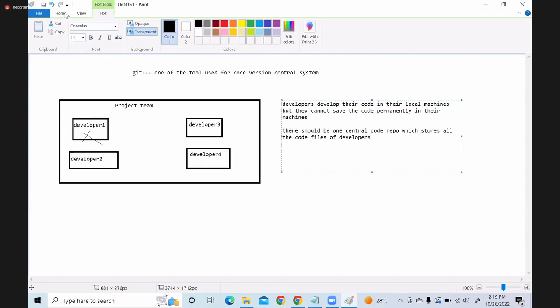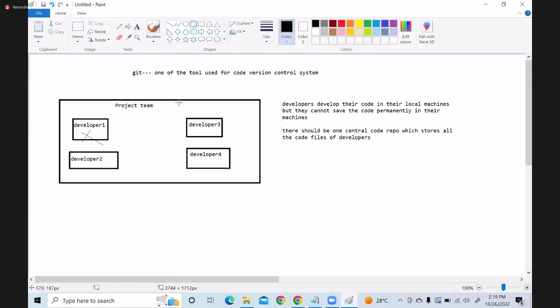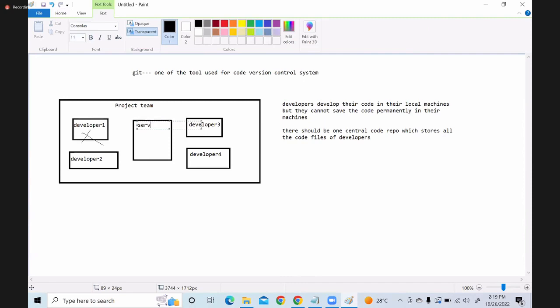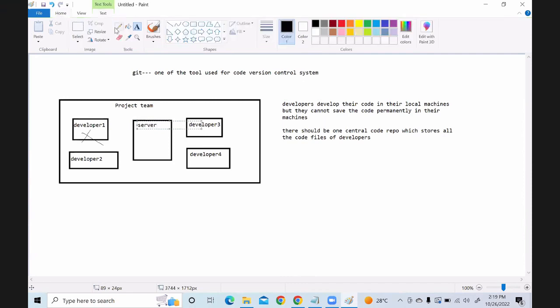That means there should be a kind of server where developer 1, developer 2, all of them can push their code. This server will be a very huge server, and it will have backups.